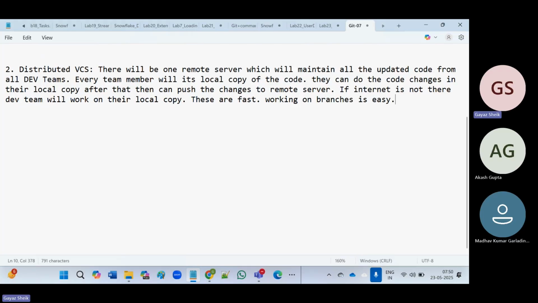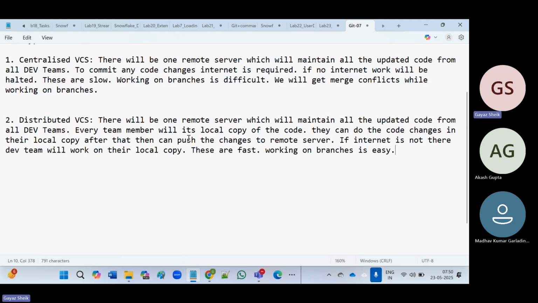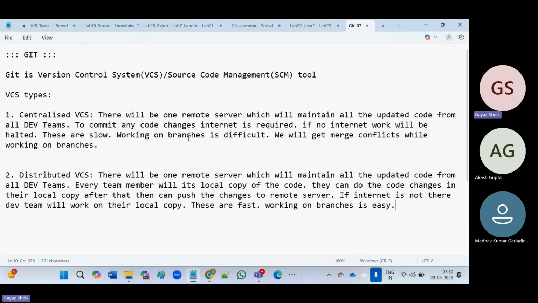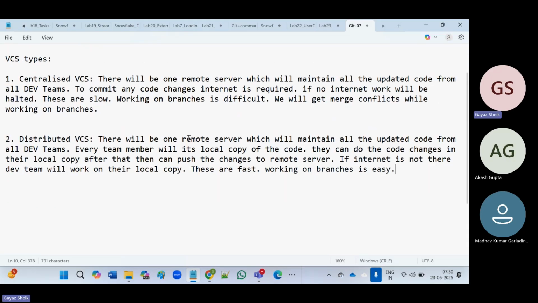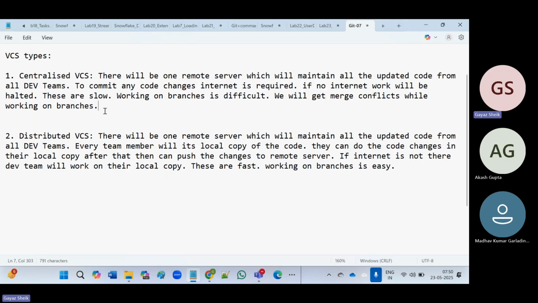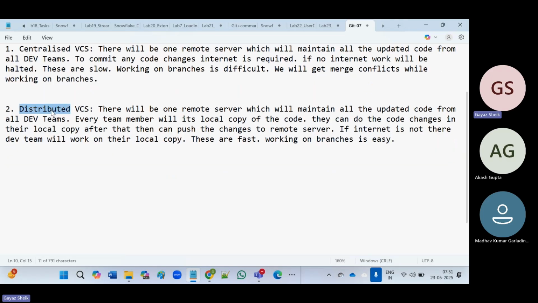Easy. We can easily resolve the merge conflicts. Okay. So these are the differences between centralized version control systems and distributed version control systems. Due to these differences, nowadays most organizations, in most cases, are using distributed version control systems only. Okay. So for distributed version control systems, examples are Git,